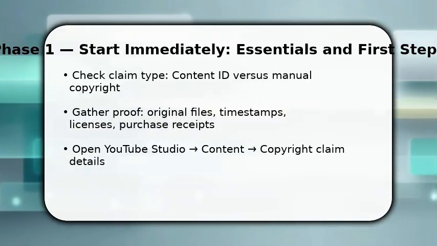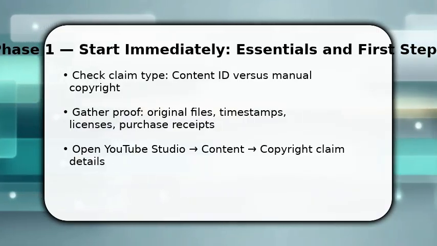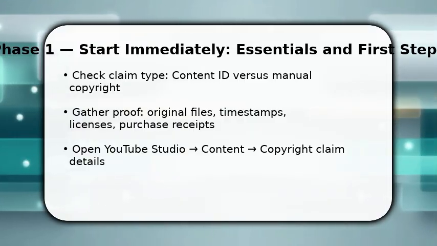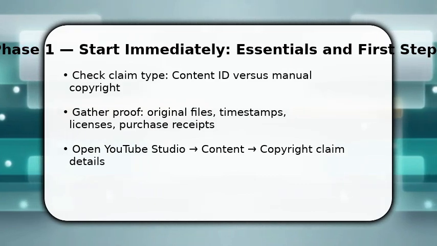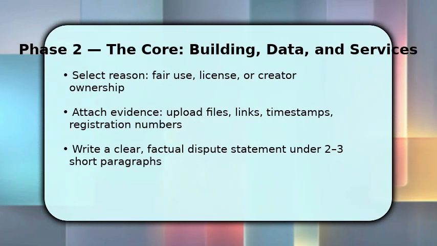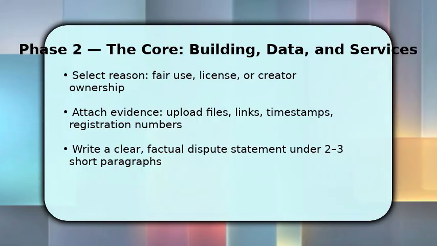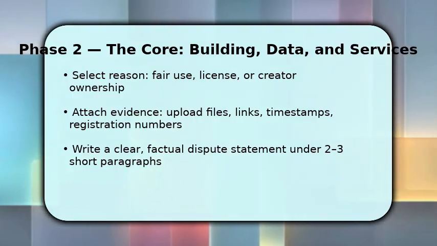Describe why you believe the claim is invalid: fair use, license, or you own the content. Be concise. Explain what evidence you will attach, and prepare to choose the proper dispute option. Next, you select the dispute reason: fair use, licensed content, or that you own the material, and choose the matching